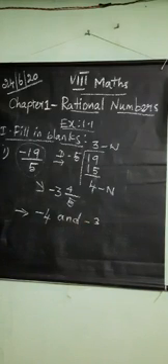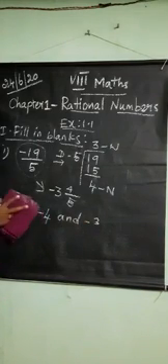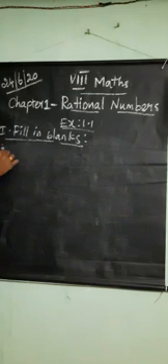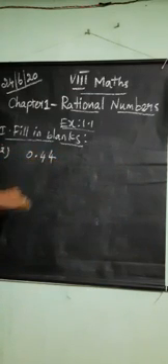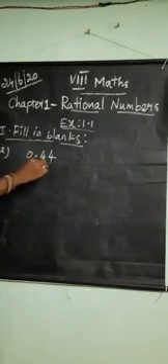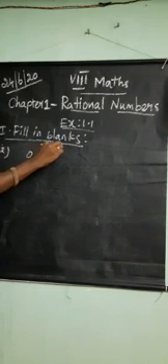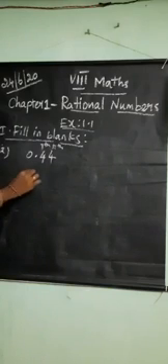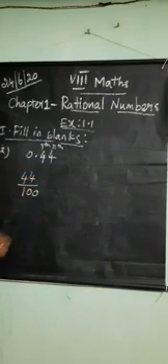Yes. Next question. The rational number that is represented by 0.44 is. Second question. 0.44, they have given a decimal number. You want to convert this into a rational number. How to convert? The point after 2 digits. So this is the 10th place, this is the 100th place. 2 digits means 100th. So 44 by 100. Are you clear?